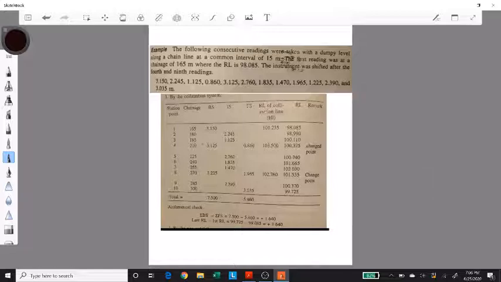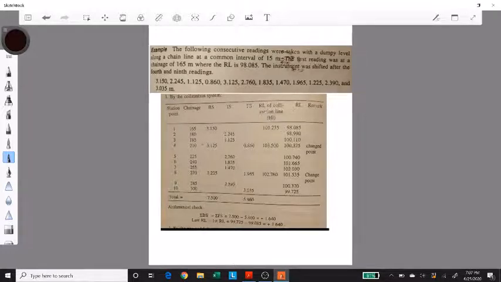Over here, in the column of chainage, they have added 15 to every value since the readings are taken at an interval of 15 meters. So this chainage doesn't really matter. This is just for reference and it wouldn't matter in your calculations whatsoever. The reduced level of the first point, which is at 165 meters chainage, is given as 98.085, and